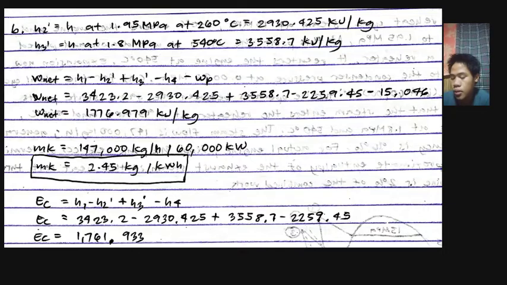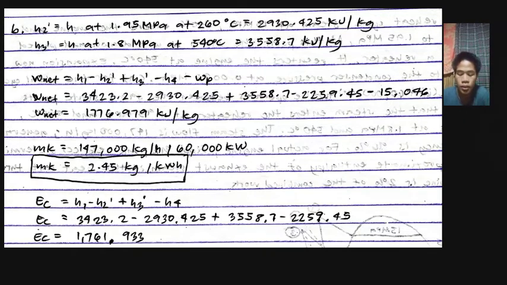H3 equals H at 1.8 MPa at 540 degrees Celsius, which equals 3558.7 kilojoules per kilogram. Wn equals H1 minus H2 plus H3 minus H4 minus Wp. By substituting it, Wn equals